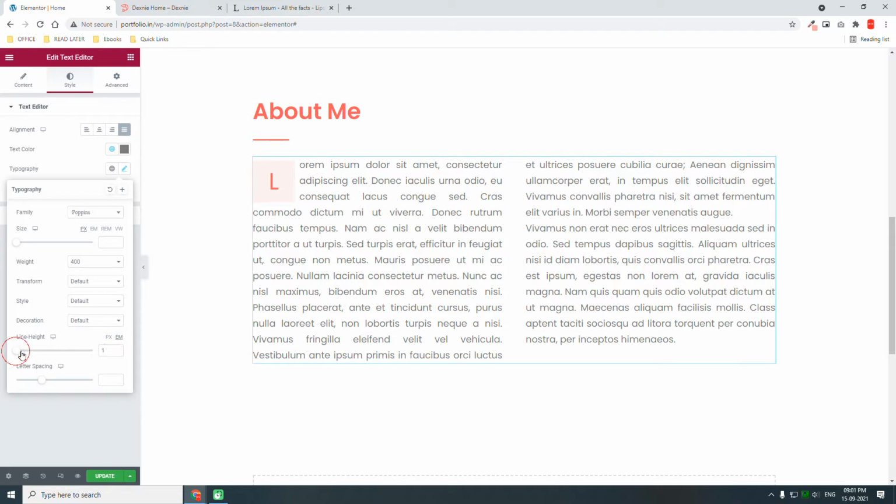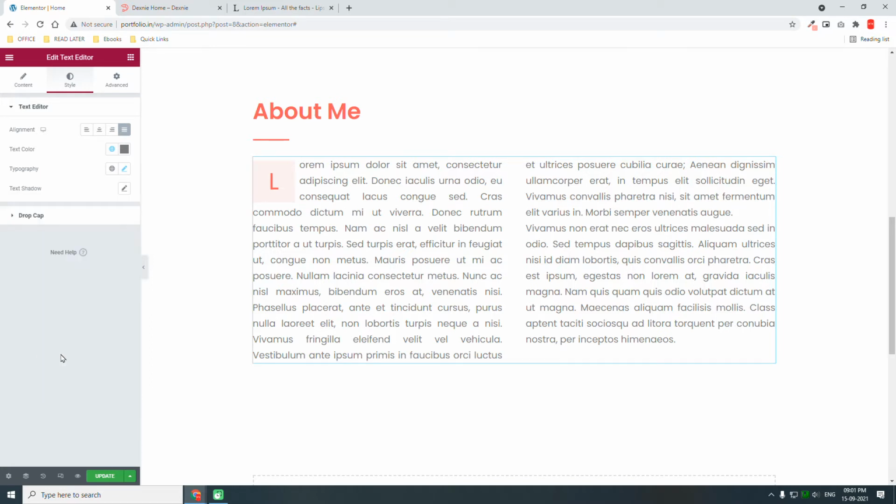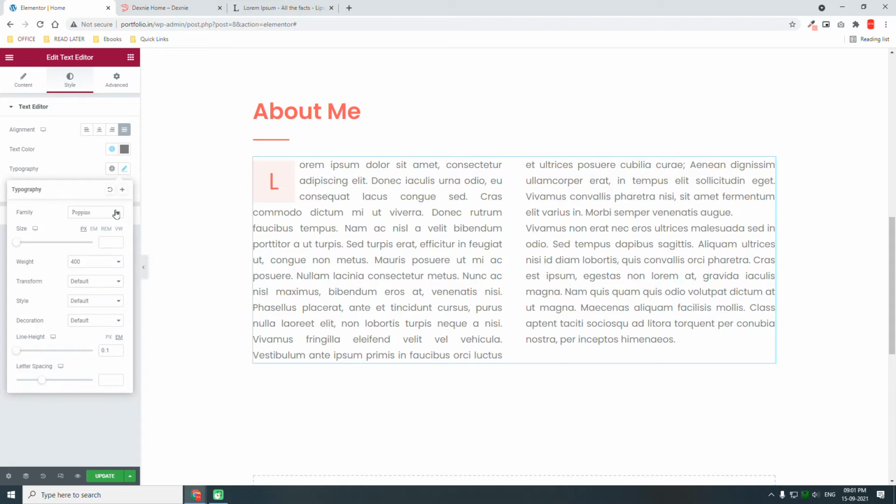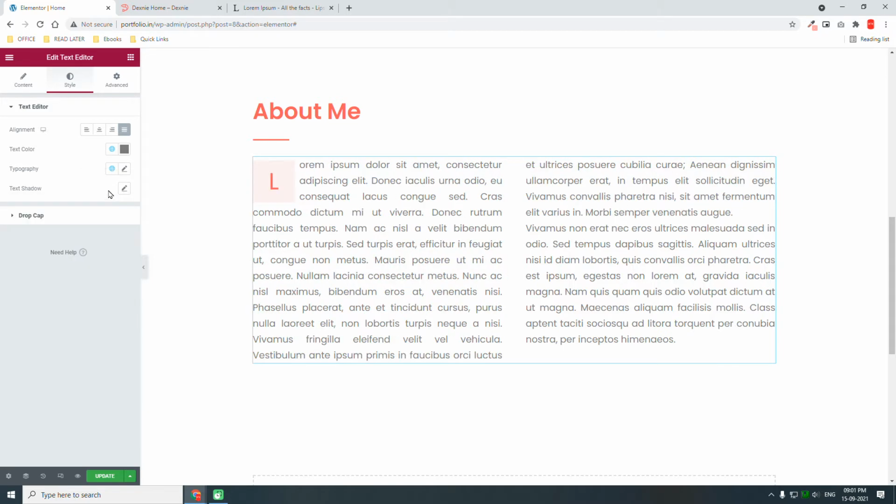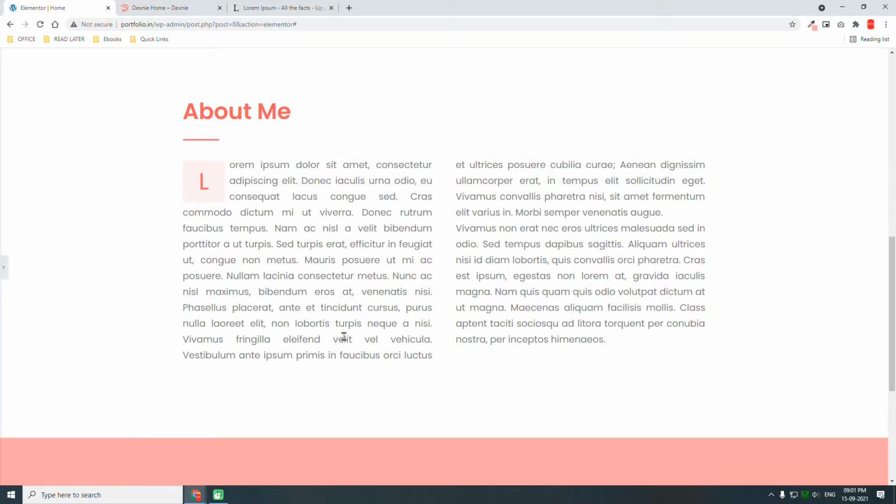Let's try emphasis. Oh, line height is not working. There is something wrong here. Then set to the default. Oh, okay, here